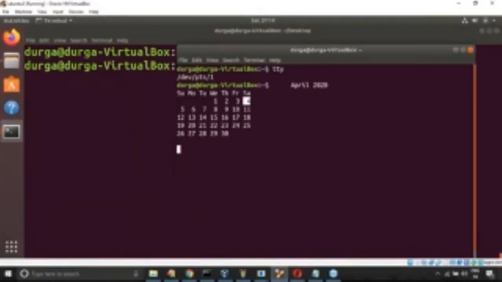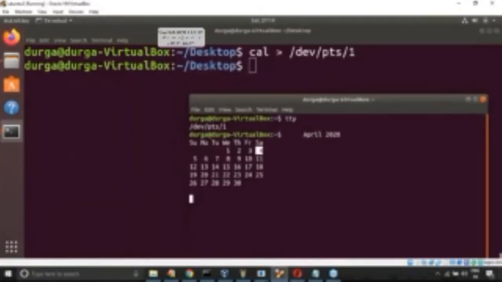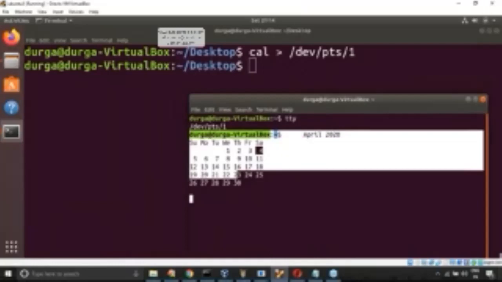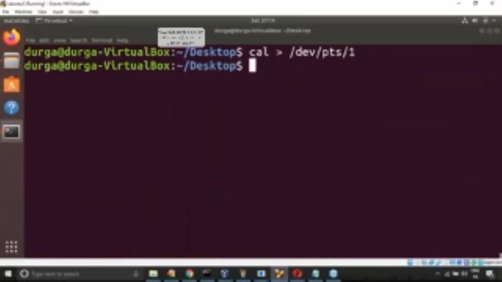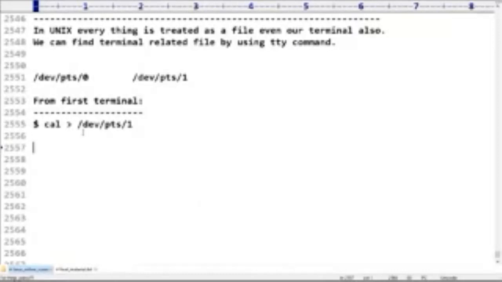Have a look once. Are you seeing it? Here this output, where is it displayed? Here it is displayed. Yes, friends? Are you in the position to understand? Clear for you people? Respond. Someone is asking, sir, can you please show how to forward output from one terminal to another terminal? So I hope it is clear, right?